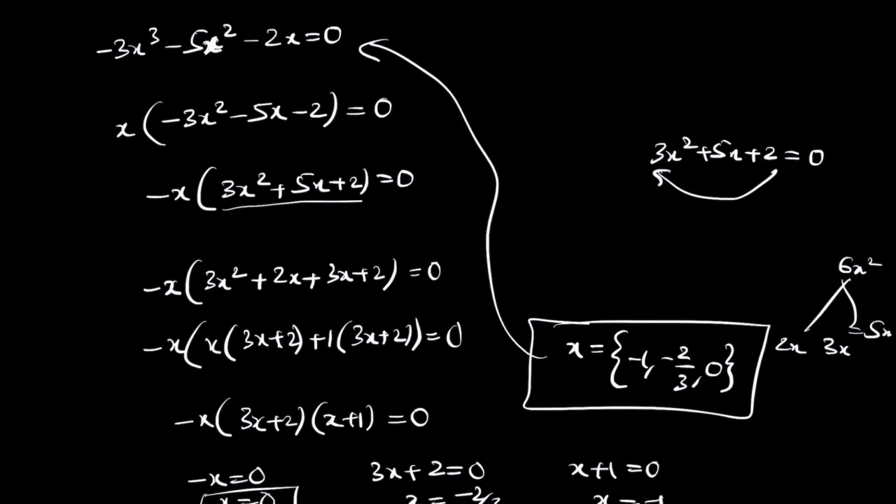So this is how you can solve a problem when you see a cube, right? Try another problem that looks similar to this. You have x cube plus 11x square plus 10x equals 0. Again, in all of them x is common. Take x out and you will get a quadratic equation. Once you get the quadratic equation, try to solve for the answer. So pause the video right here and try to solve this problem.